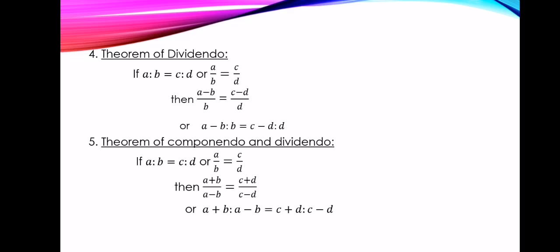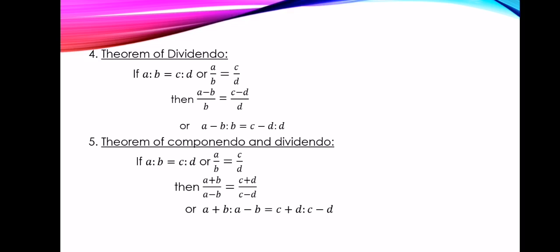Next is theorem of dividendo. If A ratio B is equal to C ratio D, or we can say A by B is equal to C by D, then A minus B by B is equal to C minus D by D. In terms of ratio it can be written as A minus B ratio B is equal to C minus D